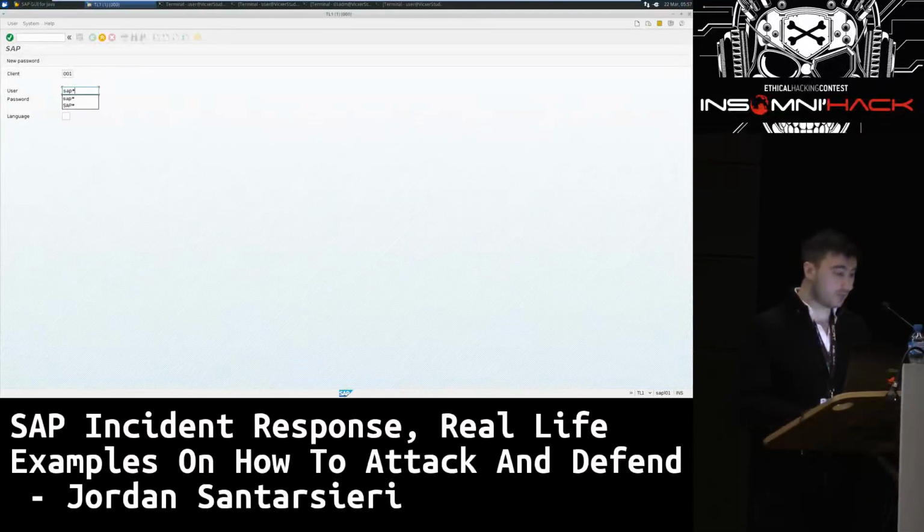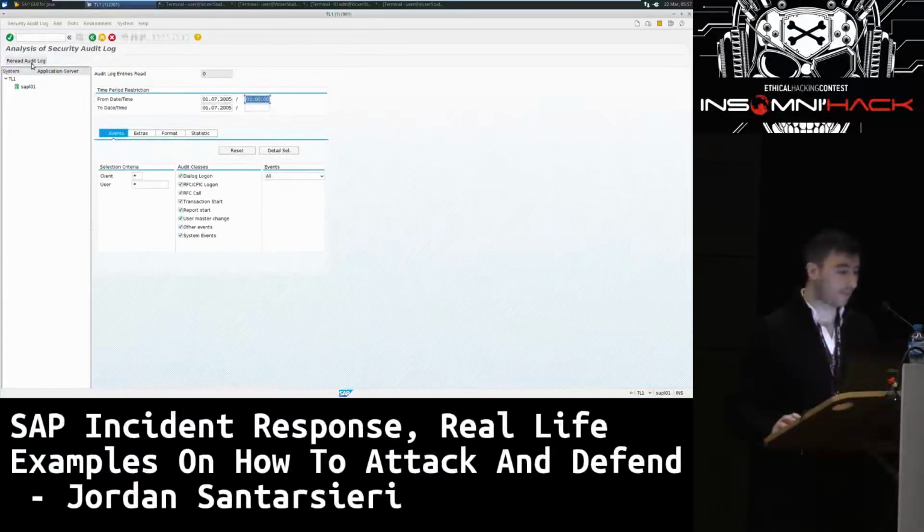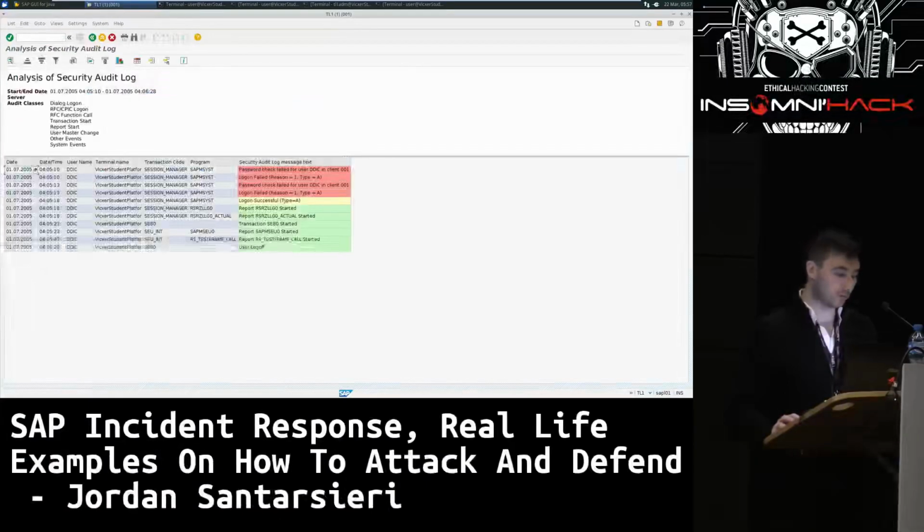So we open a new instance, even with a new user. We go to transaction SM20, the one that we could use to review the logs. We click on reread audit log, and we will see something here. We see a failed login attempt, the 2 failed login attempts that we did. We see that we were able to actually authenticate to the SAP system, call the transaction SE80, and we ended up on this report. Whatever happened from that report, we don't know, even if we have all the logs enabled.